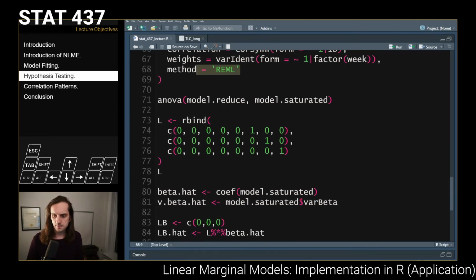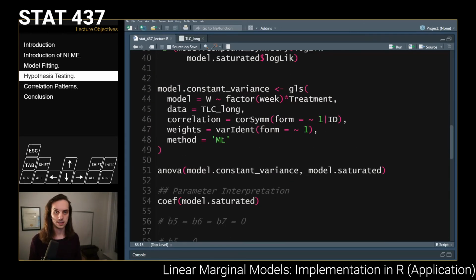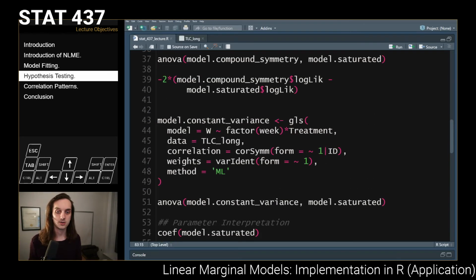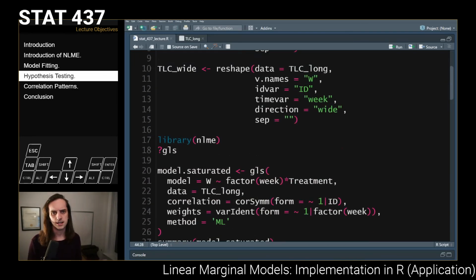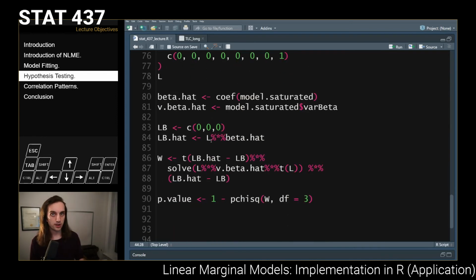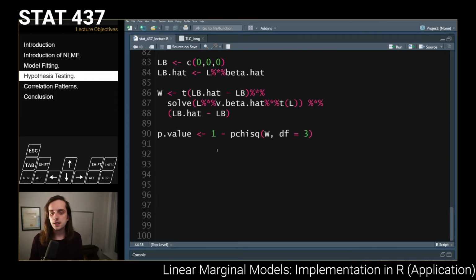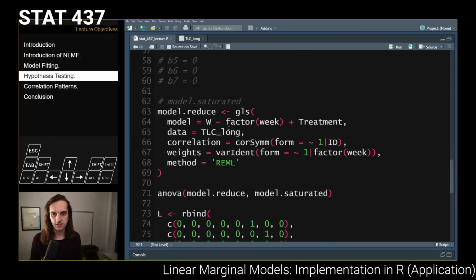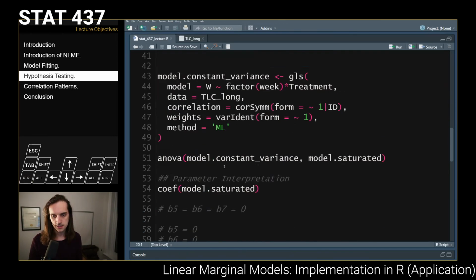And then the only other point that I want to make here is that so far we've been assuming that the week is going to be a factor variable, right? And so we had talked a little bit about this at the beginning. And if you remember the plots from this data when we were first looking at it, it looked like the trend was all over the place. But you could, in theory, fit this same model where we don't assume that these are a factor variable. And so if I come up and I just grab my code for the model saturated here, and I come back down,